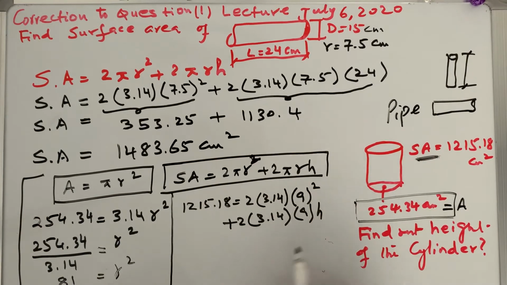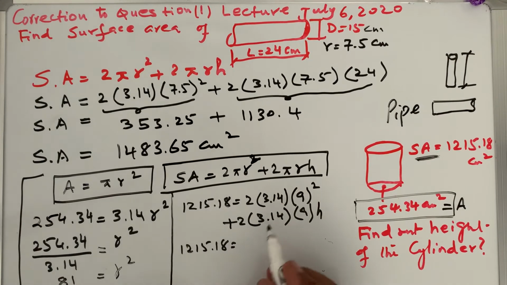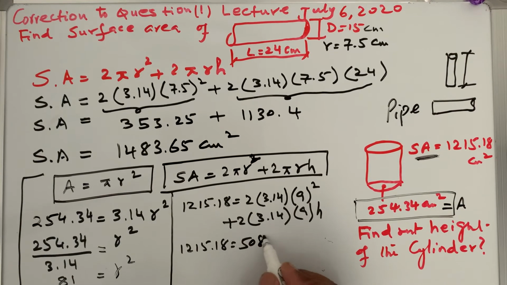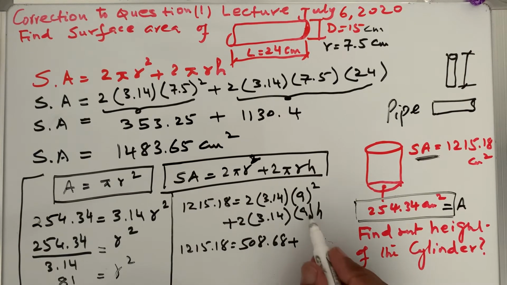So my h is unknown, and everything else is known. So 1215.18 equals 2 times 3.14 times 81, which brings us 508.68, plus 2 times 3.14 times 9, and that will bring us